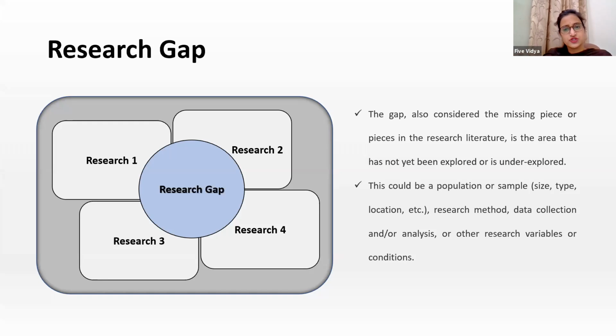Problem statement is generally defined for one base paper which we are finalizing for our own research. However, we can find a research gap for all the research areas, and we cannot get a research gap from one paper. We need to study at least 5, 10, 15 papers to have a research gap.